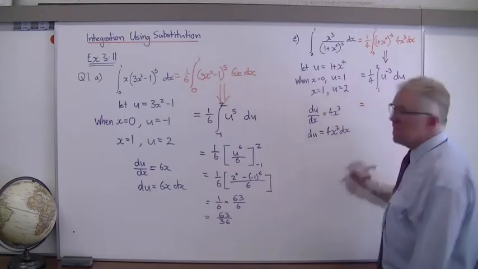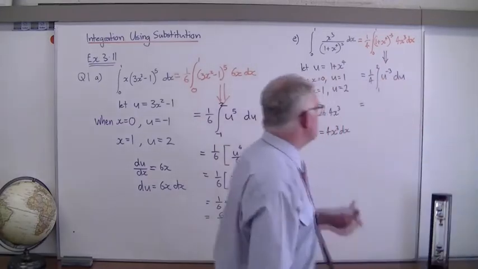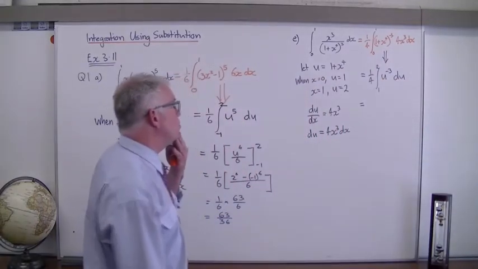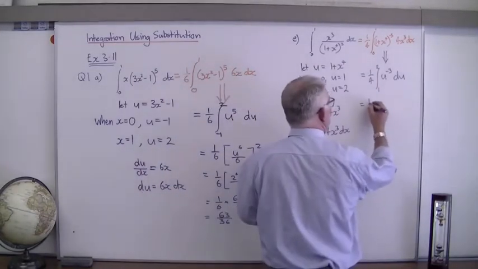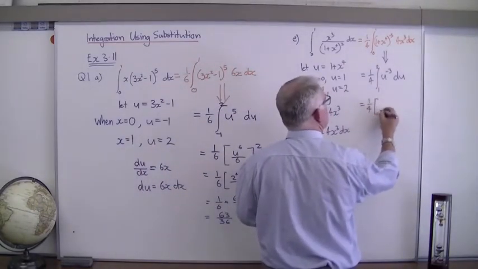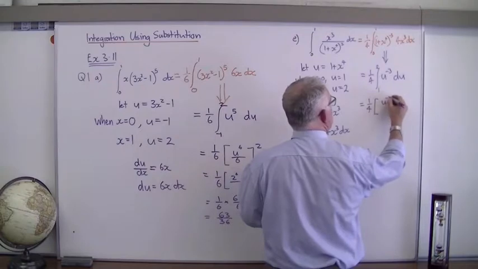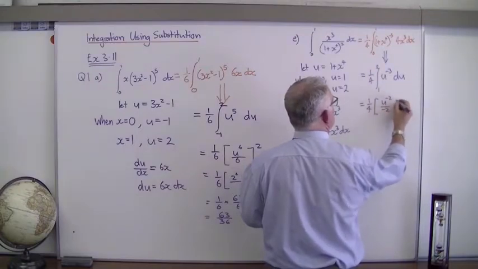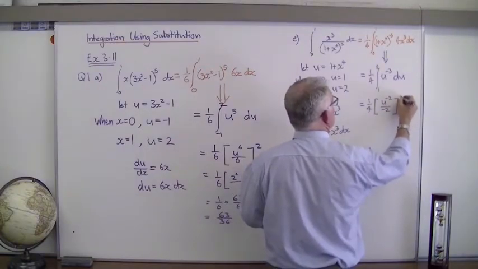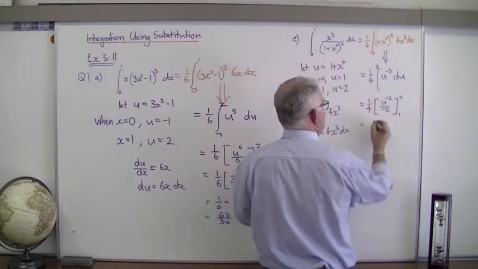And now, once again, that's not a hard integral to do, is it? That's not very hard at all. We'll put the 1/4 out the front. This will be u to the power of minus 2 on minus 2 from 1 to 2. And that will be